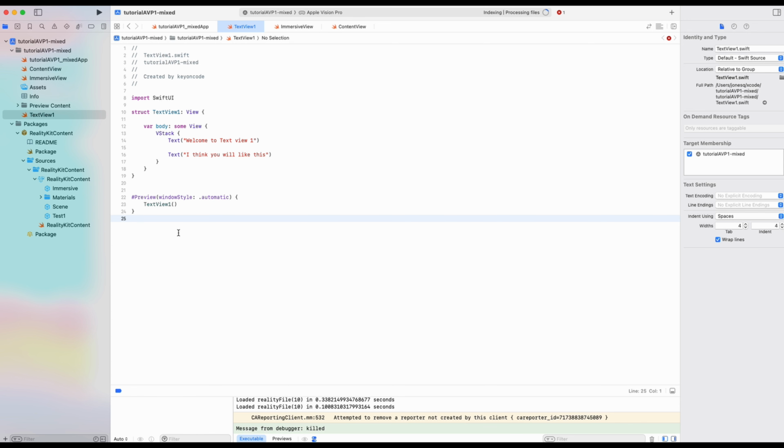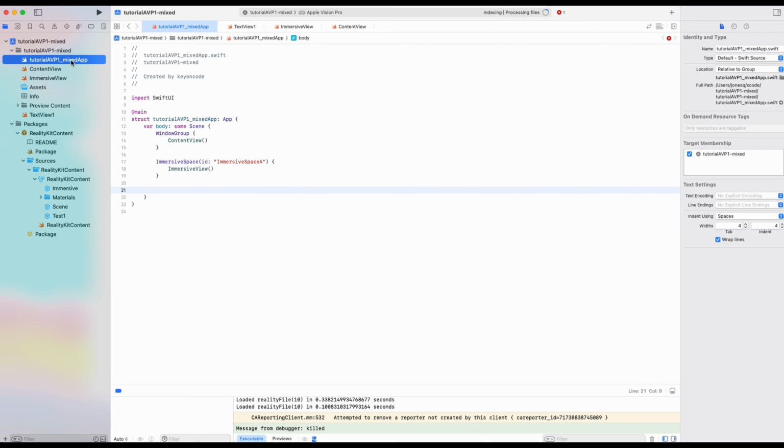So now we have this created. How do we access it? How can we do something with this? Well, since we have this view, we go back to our app file. So our project app file, we have our window group with the content view that loads the project. We have our immersive space. Now we need to define this new window. So we're going to come down under immersive space. We're going to add another window group,